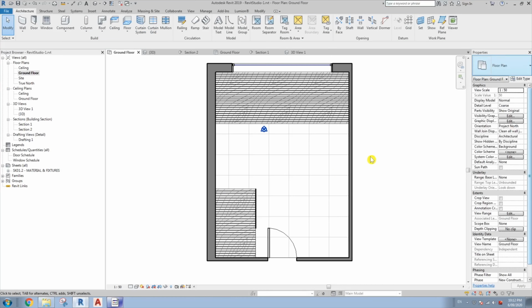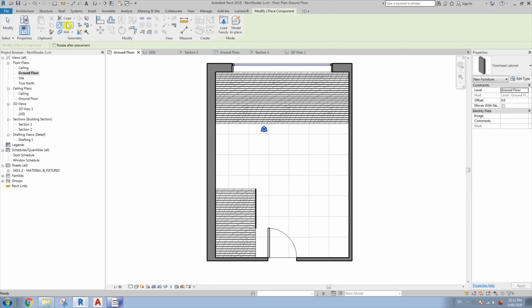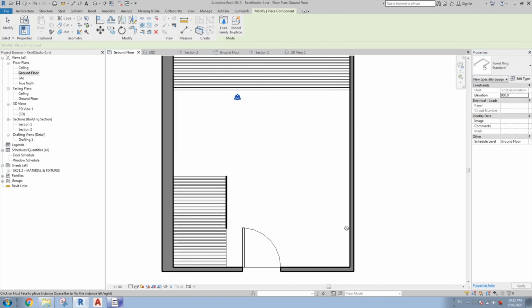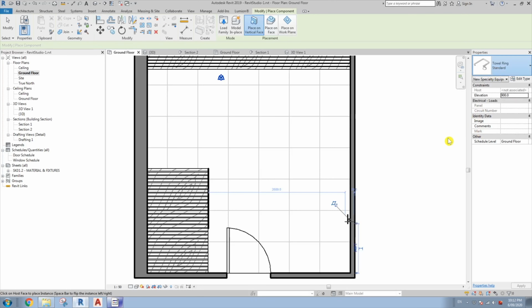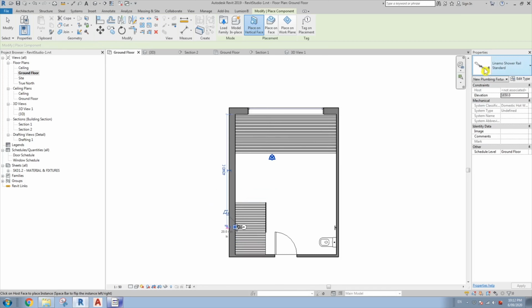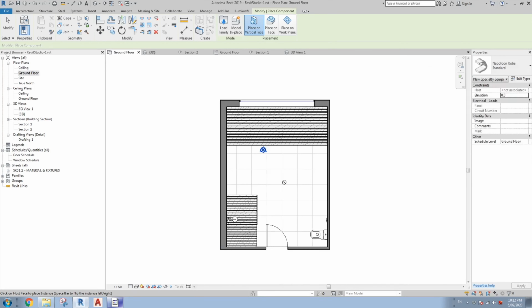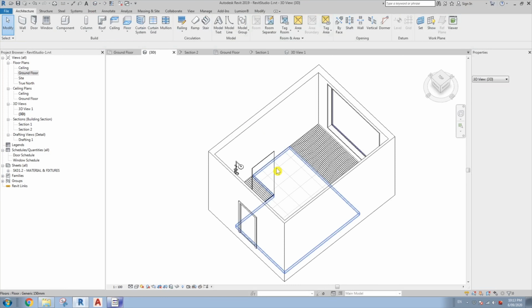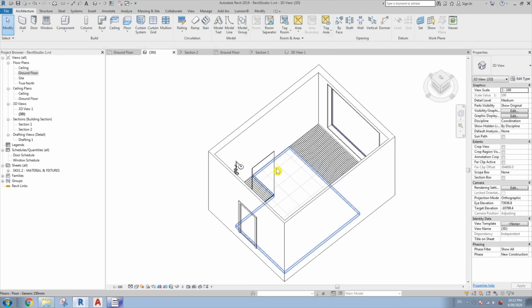So now comes the easy part. We just need to place one of our downloaded Chroma models into our bathroom. I find it easier sometimes to go to